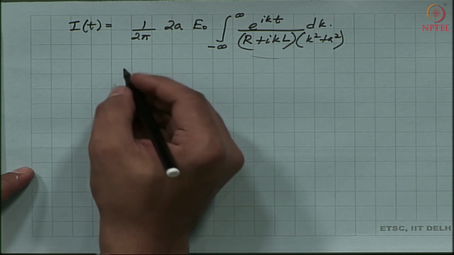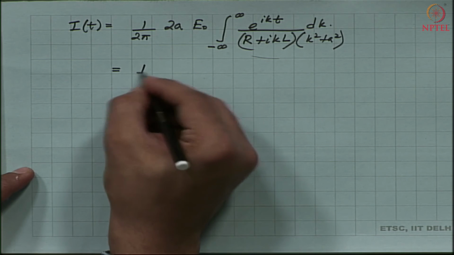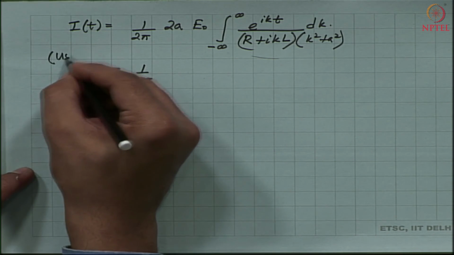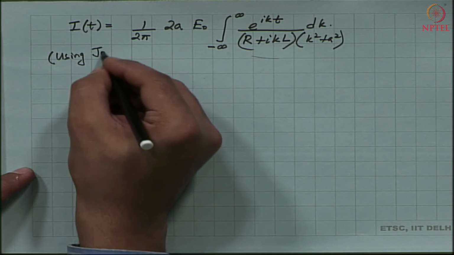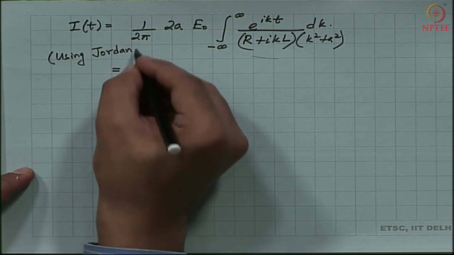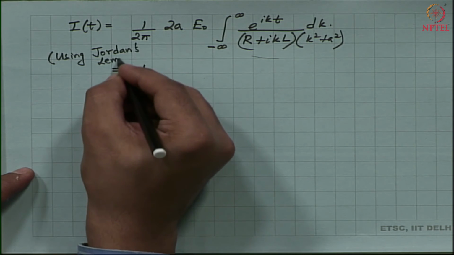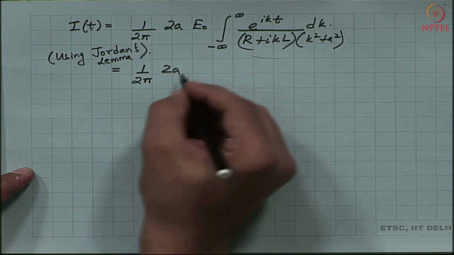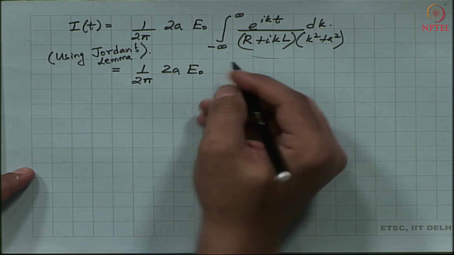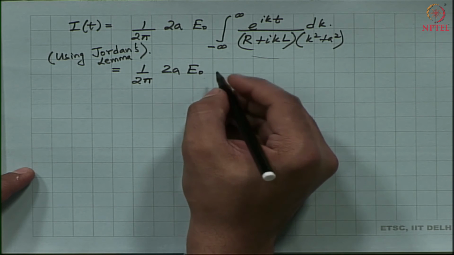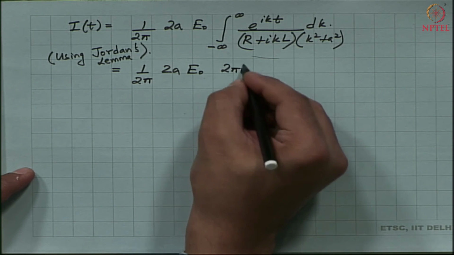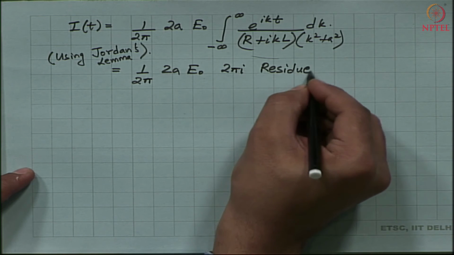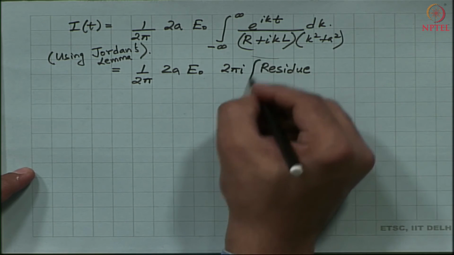So, what I have is that this is also equal to, using my Jordan's lemma result, this integral boils down to 2 pi times 2a times E naught times 2 pi i times the residue of this integrand